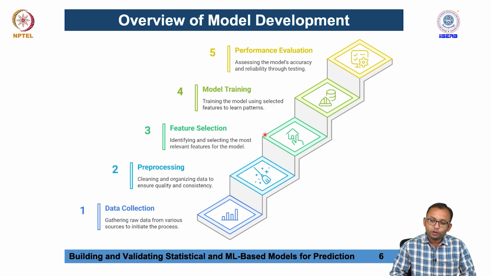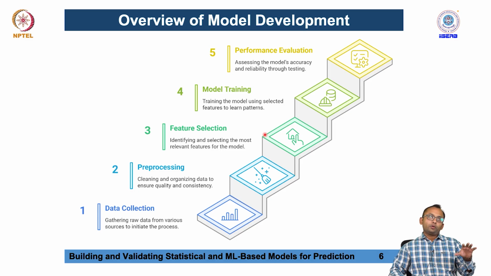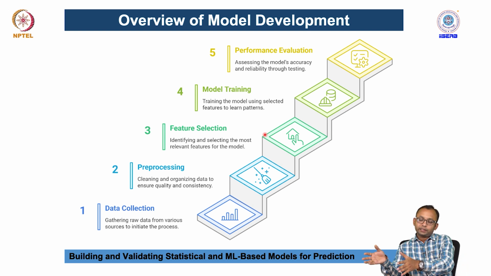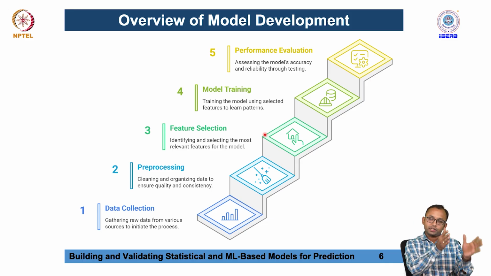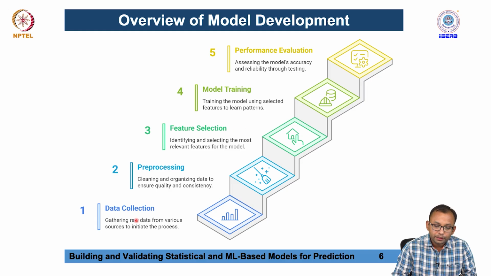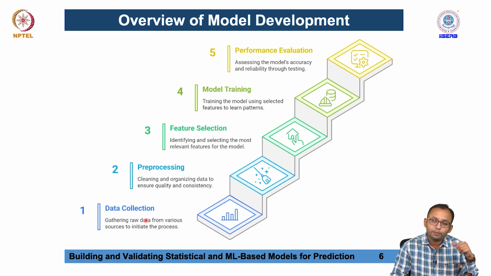Then in the next lecture we talked about how we develop the model for different scenarios, or let us say for different climatic extreme conditions, because we know that we are going to use some sort of statistical model and this is our data set. So, now how can we use this data set in a statistical model or machine learning model to perform certain tasks? The first step is data collection, whether it is point data, observed data, ERA5 data, reanalysis data, or let us say Landsat-based data, remote sensing data set.